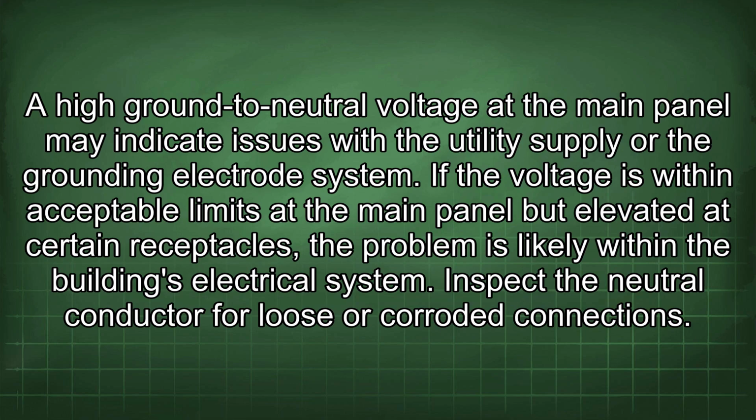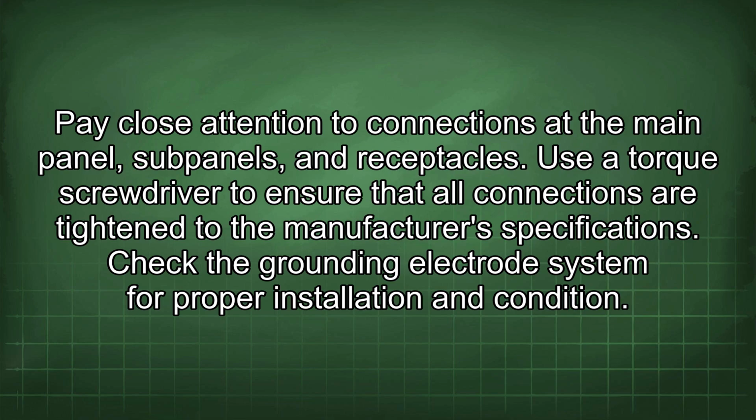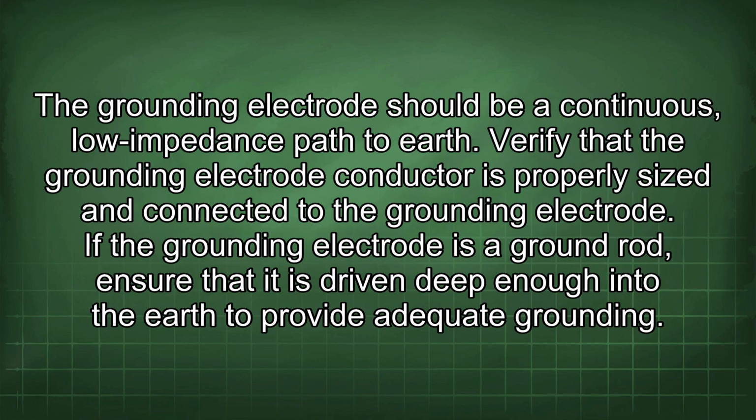Inspect the neutral conductor for loose or corroded connections. Pay close attention to connections at the main panel, subpoles, and receptacles. Use a torque screwdriver to ensure that all connections are tightened to the manufacturer's specifications. Check the grounding electrode system for proper installation and condition. The grounding electrode should be a continuous, low-impedance path to earth. Verify that the grounding electrode conductor is properly sized and connected to the grounding electrode. If the grounding electrode is a ground rod, ensure that it is driven deep enough into the earth to provide